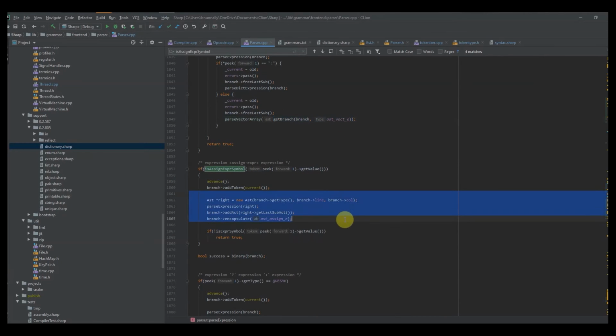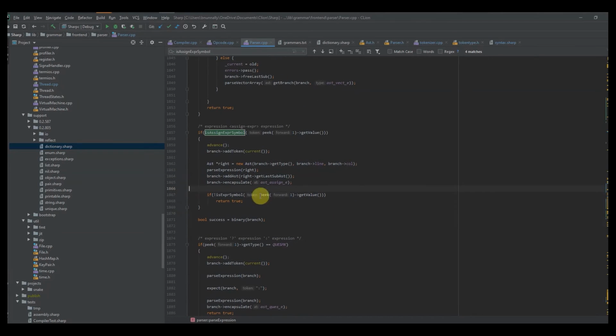I think this is code that's just copy and pasted from my old parser. Ideally, what you do is you just call git branch, branch AST underscore assign, as your write expression, and then just pass that branch into this function, so that way it goes under the appropriate AST. I know this looks kind of ugly, but it works, so I'm not going to touch it. But yeah, after you do that, you want to check to see if the next token